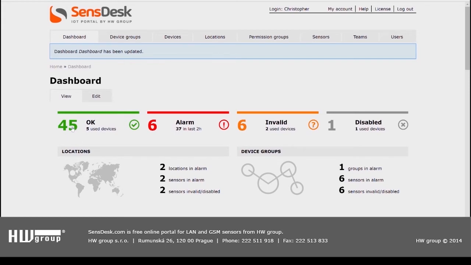Okay, so the states. The OK state is green. All of our sensors which are in the OK state we can see here. This big number is the total number of sensors in the OK state, and underneath is the actual number of devices. The alarm state is red, and in this state we can see sensors which have gone out of SensDesk